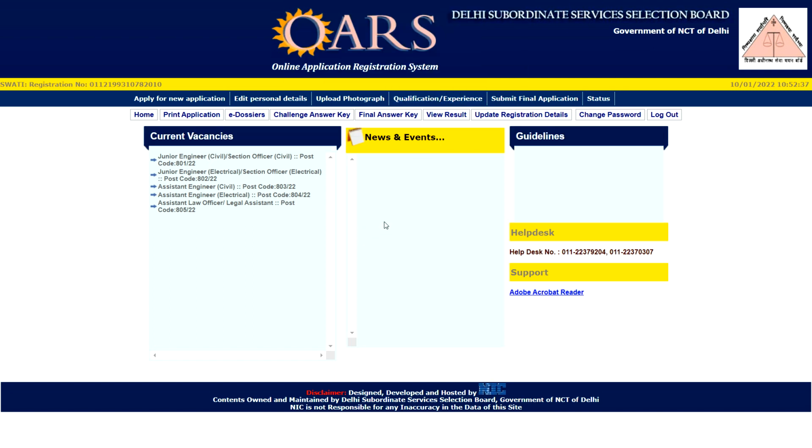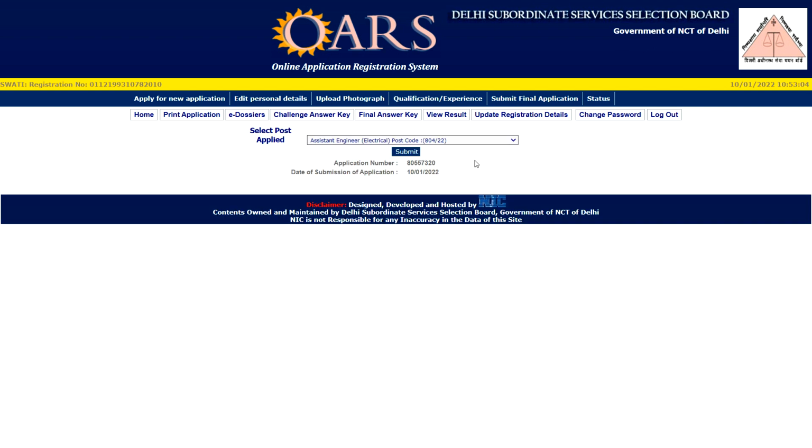For girl candidates, there is no fee. That's why they didn't do the payment. That is the last step, which is skipped. Okay, but for you, after that the payment portal will open. So after that, you can just do your payment.